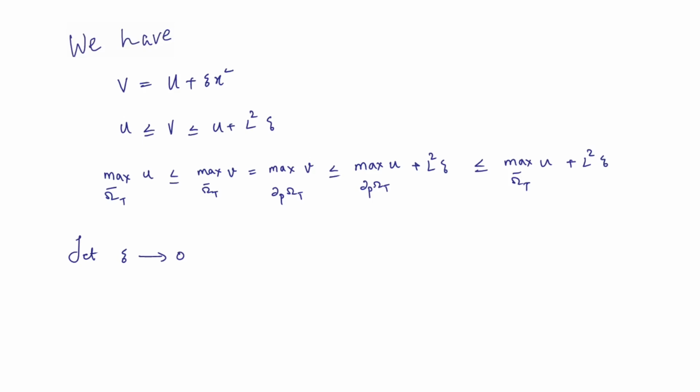So, I have maximum of V over the parabolic boundary, and here also maximum of V over the parabolic boundary. That implies equality should be there everywhere. So, in particular, we obtain maximum of u over omega t bar same as